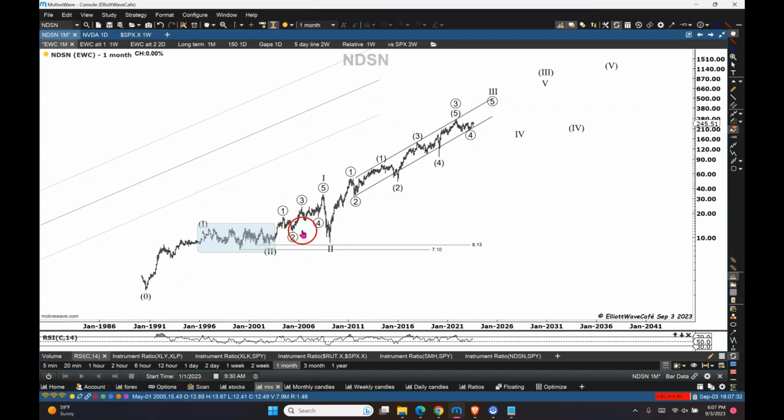1, 2, again, 1, 2, 3, 4, 5, 4, 1, sharp drop in 2, right? Wave 1 started back here, so it never really got him below that, but it was very sharp. And then you pushed higher again in a nice impulse in here, maybe a 1, small 2, 3, 4, and 5, 4, 1, small wave in 2, another 1, 2, 3, 4, 5, 4, and 5. So,